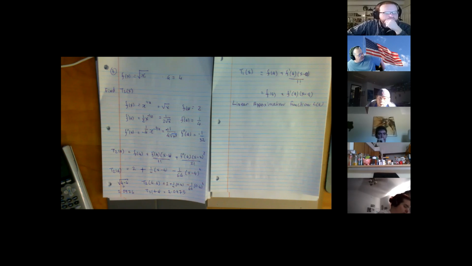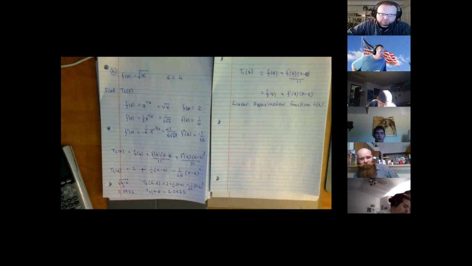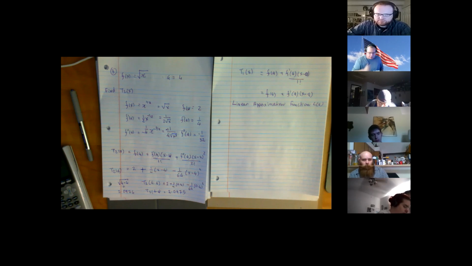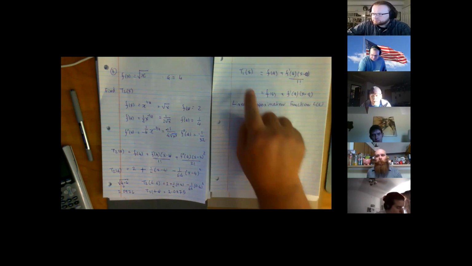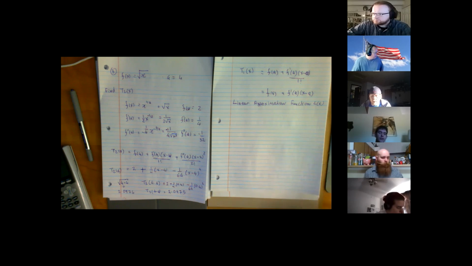Do you know T2 of x has another name? The quadratic approximation of a function. T3 of x, the cubic approximation of a function. So you basically tell people that you're approximating a function, and you're also telling them in that description whether you're using a straight line, a quadratic, or a cubic. That's pretty cool, isn't it? So if you ever wondered where linear approximations came from, that's one way you can think about where they came from.